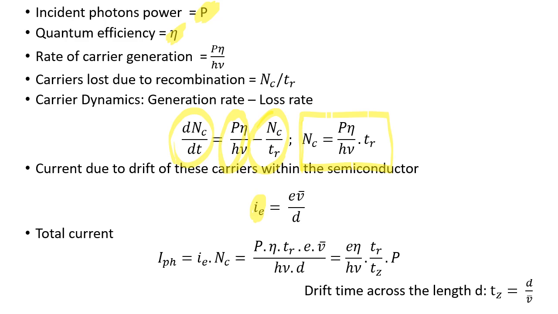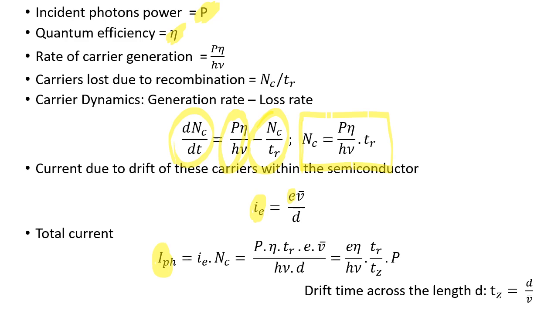So you see that this drift velocity by d will essentially give me 1 over time, and that gives me the current because of the electron. So the photocurrent which I generate is simply the current due to one electron, which is i_e, times the number of carriers, right? Which is what gives me the total photocurrent, which I can rewrite,